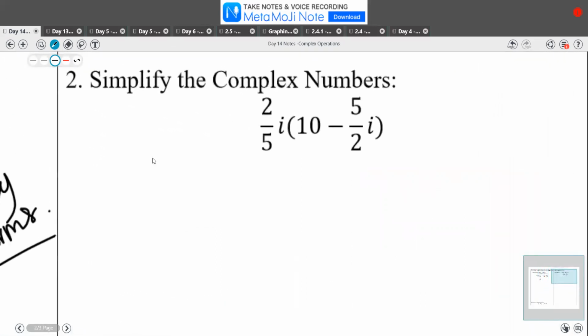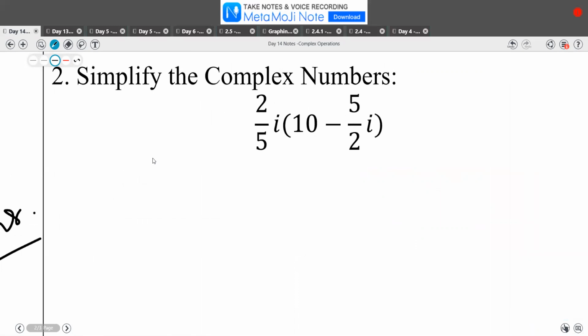When it comes to multiplying, you're going to do the exact same thing. You're going to actually be distributing that. So then I would have 2/5 times 10, which is going to give you 20 divided by 5, which would be 4. So that would be 4i, okay? And then we got fraction divided by fraction times a fraction. So that would be the top times the top, the bottom times the bottom. In this case, it's 2 times 5, and then divided by 5 times 2, which is going to give you a 1,